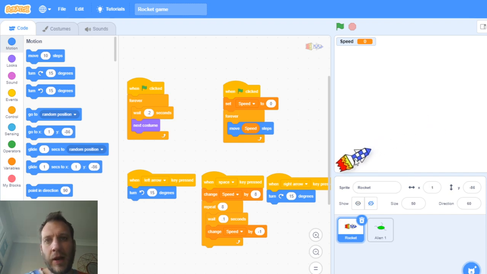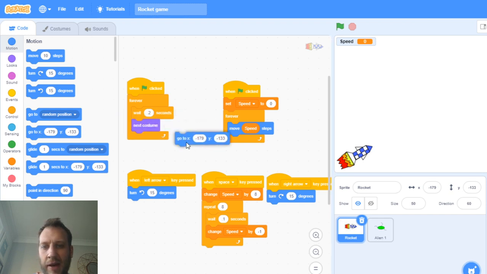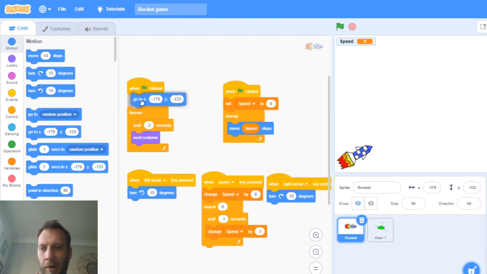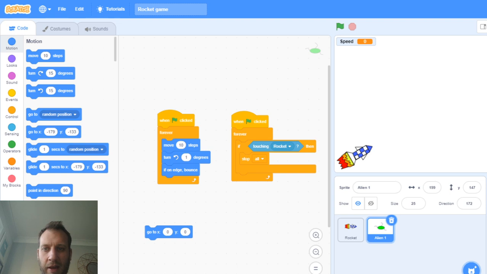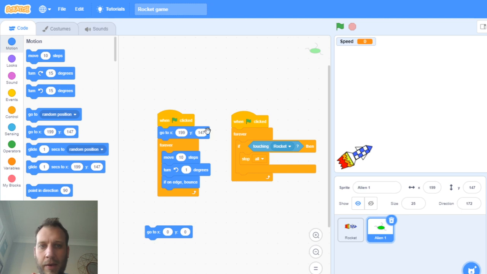So I'll get it right down in there, and then say, right, those are the coordinates you are in right now. At the very start of the game, I'm going to put it in this algorithm here. I want you to go to there. So when the green flag's clicked, go to there. And I'll do the same for this guy. So he's in this top corner, and we are going to go to there. Okay, so when I click go,